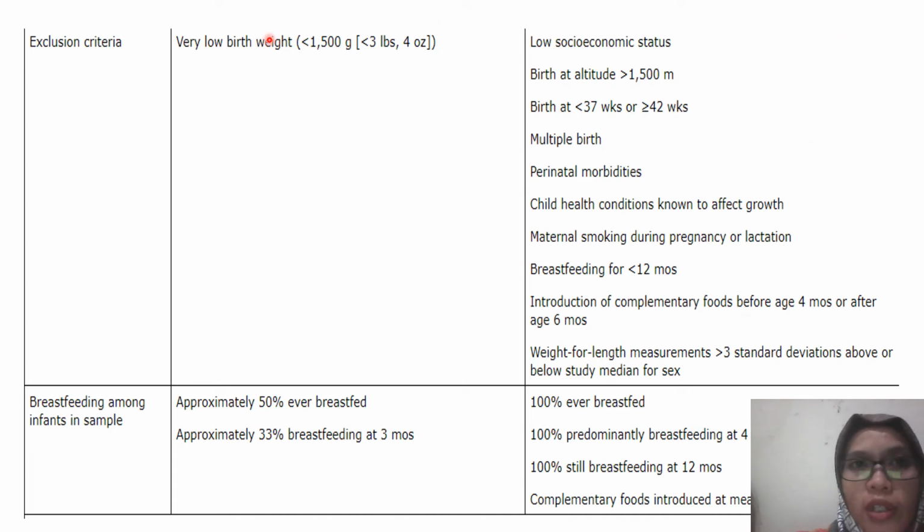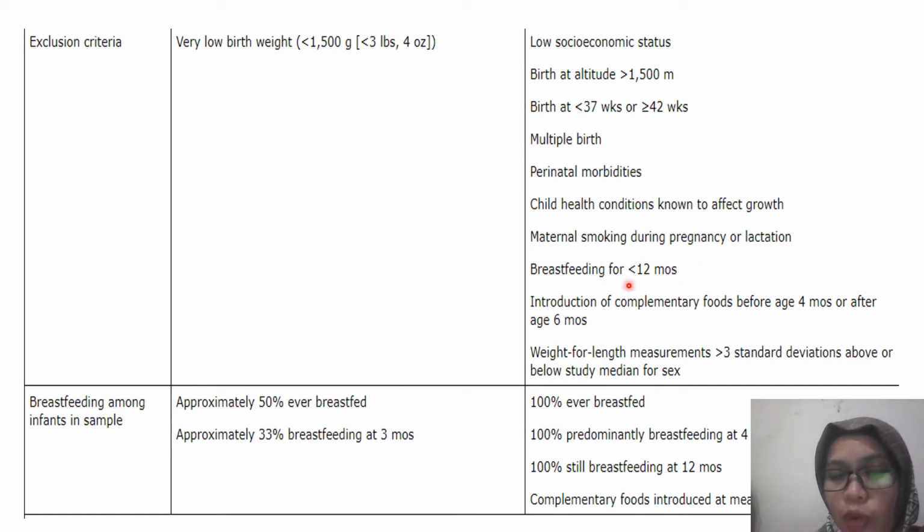The CDC has one exclusion criterion, very low birth weight, while WHO has several exclusion criteria such as low socioeconomic status, birth at altitude more than 1,500 meters, birth at less than 37 weeks or over 42 weeks, multiple births, perinatal morbidity, child health condition, maternal smoking during pregnancy and or lactation,